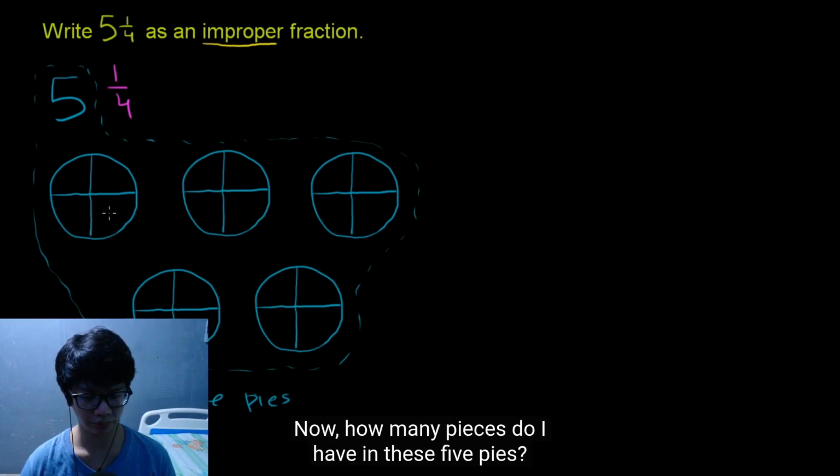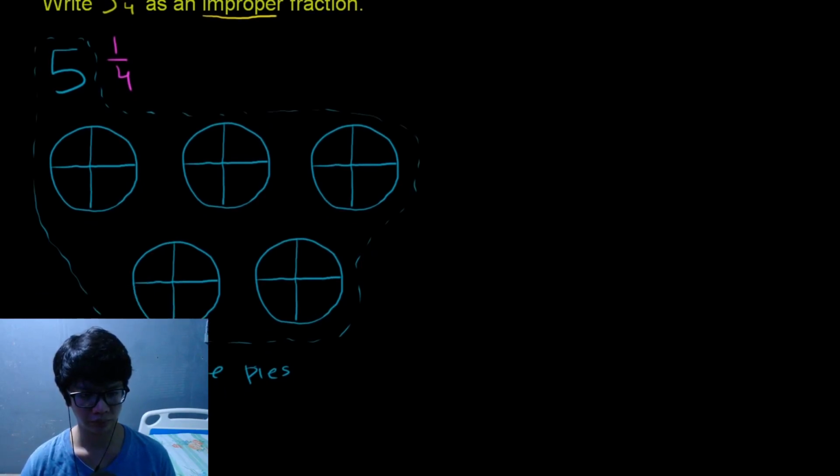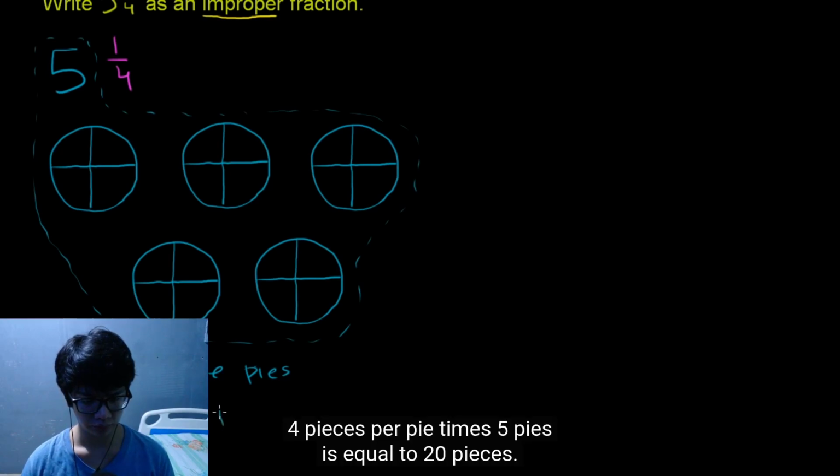Now, how many pieces do I have in these 5 pies? Well, I have 4 pieces per pie. Let me just write it here. 4 pieces per pie times 5 pies is equal to 20